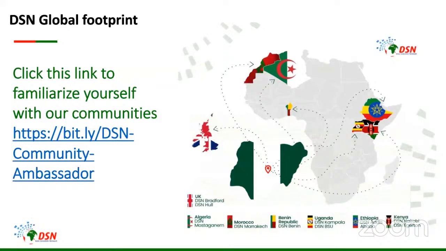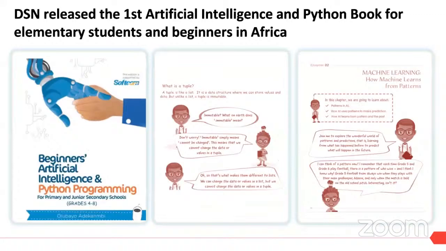You can see we have our footprint in Ethiopia, Kenya. We've expanded. Yeah, so some of us would have seen a video that I just played now. So this is the book written by our founder, Dr. Bayo Lukambi, because there's a need for us to include everybody in this emerging world of AI. So this is a book